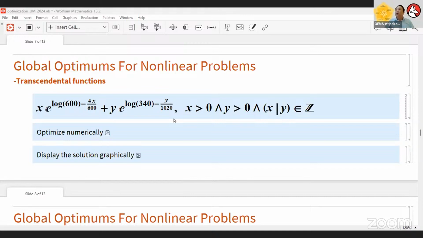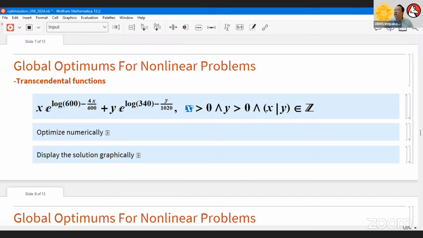But now, I'll give you another, slightly more complex transcendental function, now with a logarithm function inside. This is something that you commonly see in textbooks. And we see here we define x bigger than 0 and y bigger than 0, where x and y belong to this Z domain.